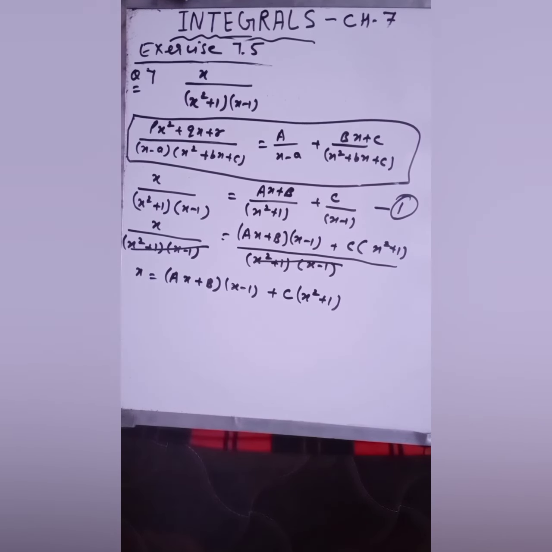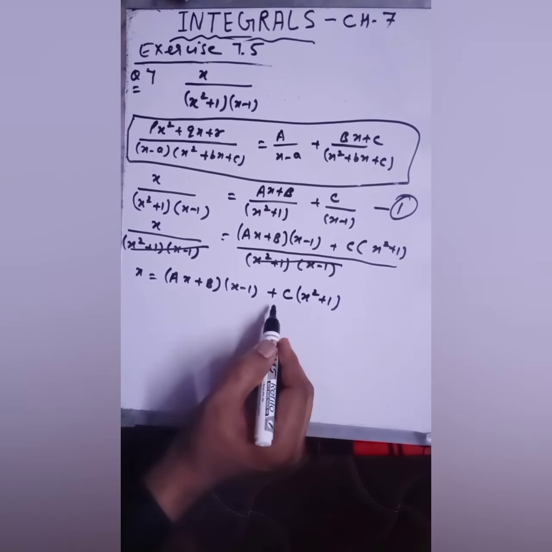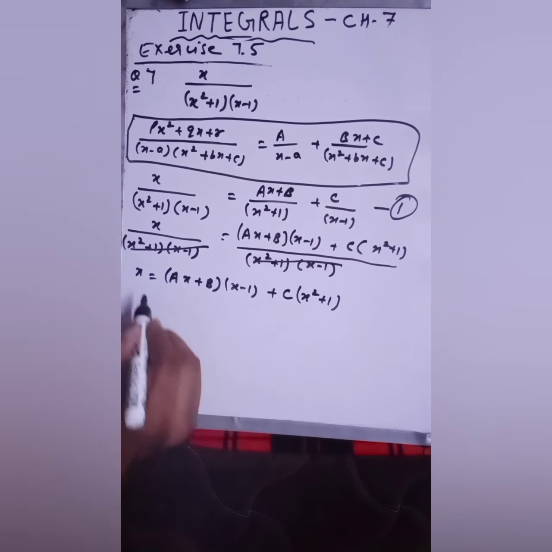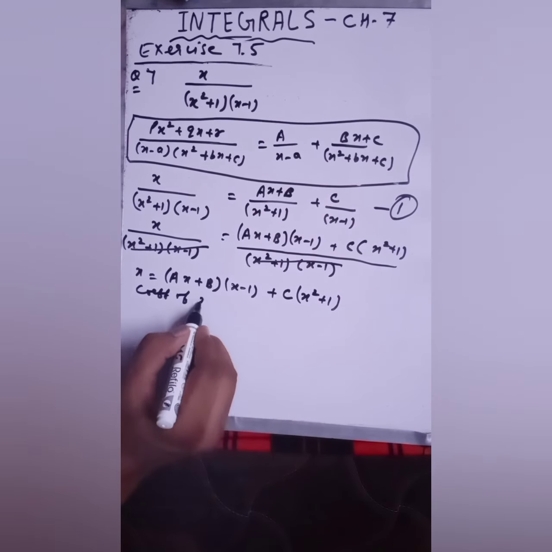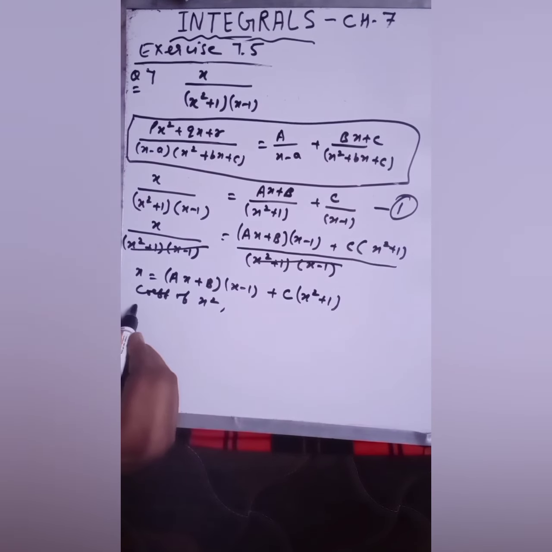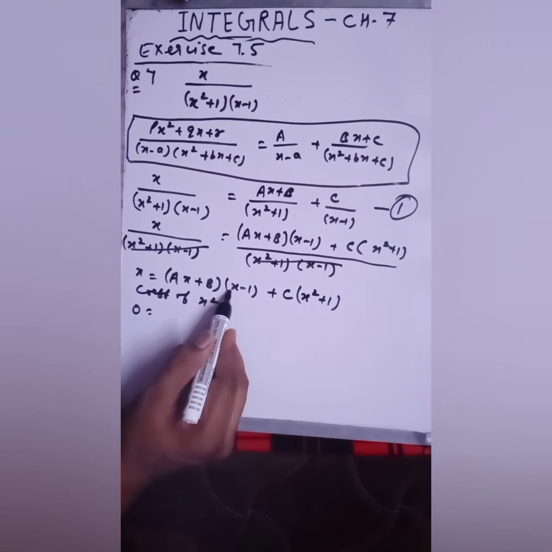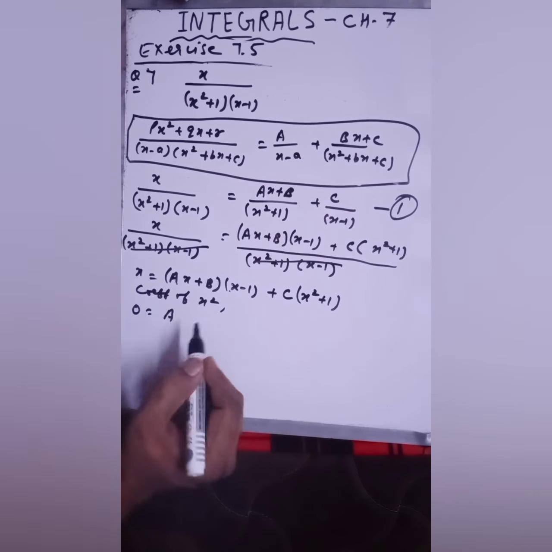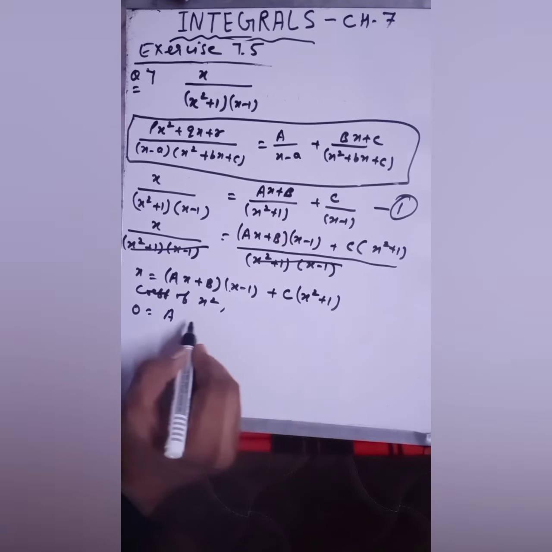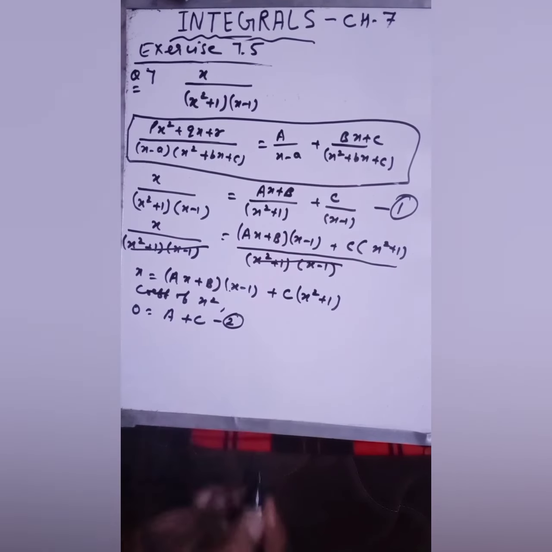Okay, so in this question I am not inserting these numbers. Fine. So here what I am doing, I am just comparing the coefficient of x square first. Here the coefficient of x square is not there, so you will write 0 is equals to, when you multiply these two you will get ax square. The coefficient of x square would be a here, only a will come here, and here you will get c. So you will get this equation, a plus c equals to 0. This is your equation number 2, when you compare the coefficient of x square.